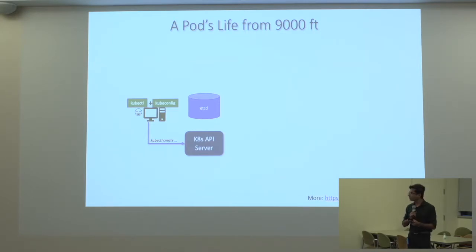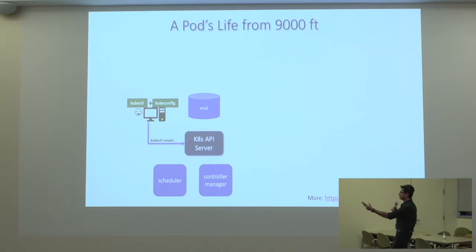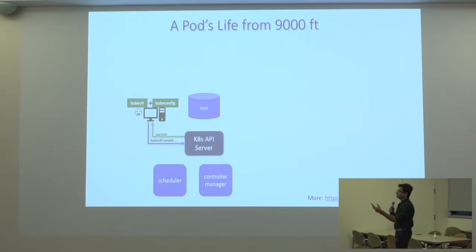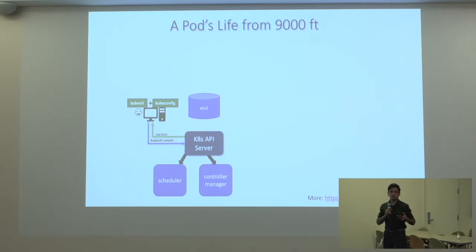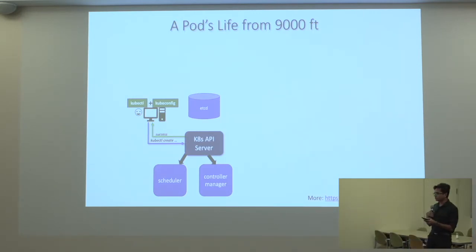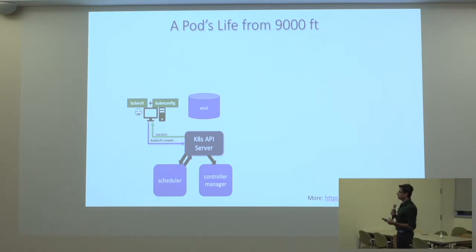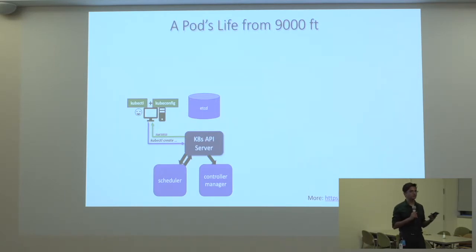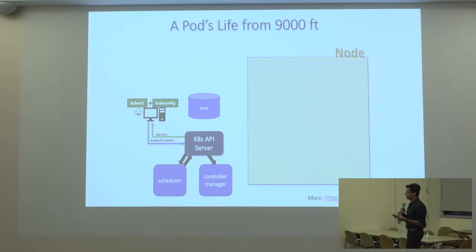Etcd is a key value data store. The other components that are part of the Kubernetes control plane are the scheduler and controller manager. So it writes to etcd. If that succeeds, it will send back success. So if you get a kubectl error, that happens during this phase. After that's done, the scheduler and controller manager are constantly watching for new objects. Whenever there's a new pod created, the scheduler picks it up and ties it to a node. This node has this much CPU left, so I'm going to schedule it on this node. So after that's bound,